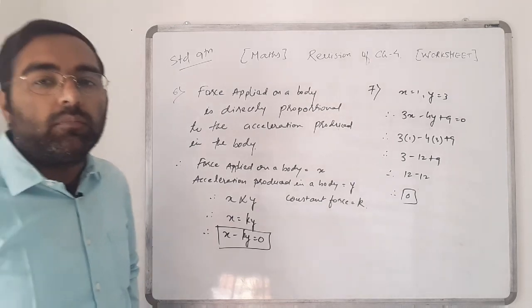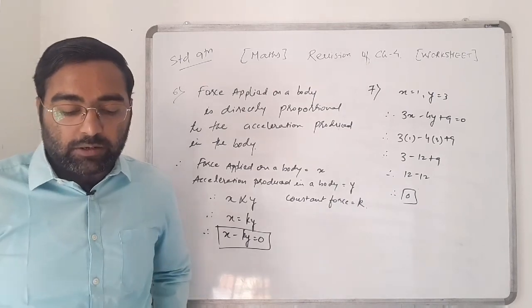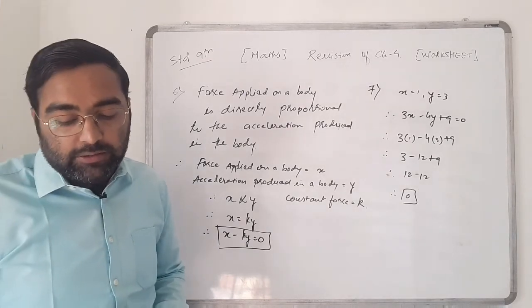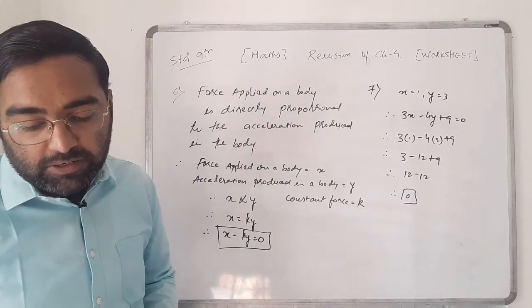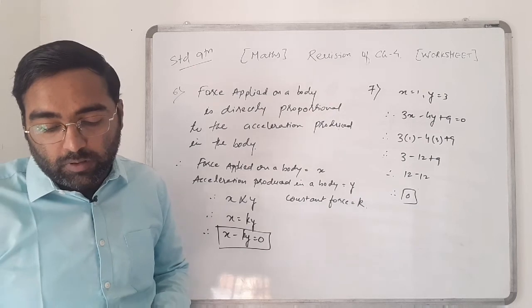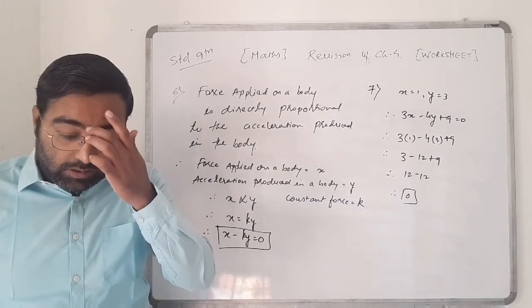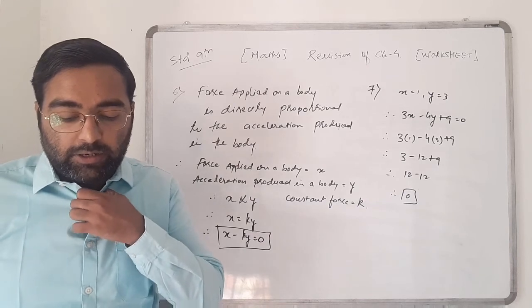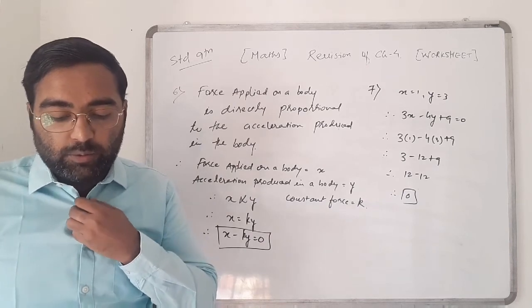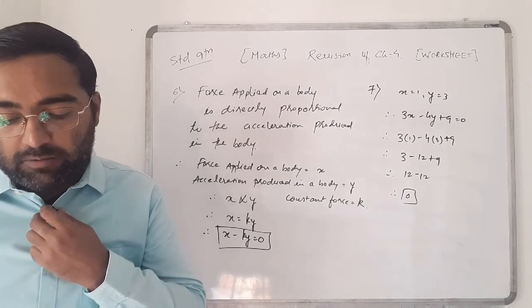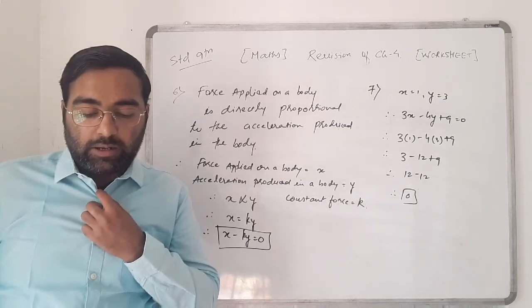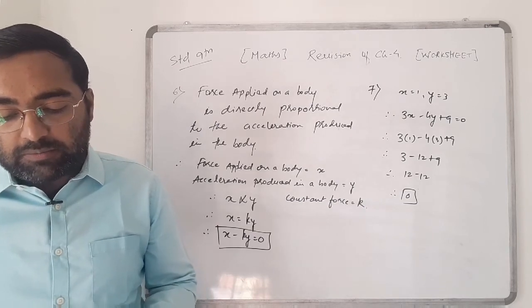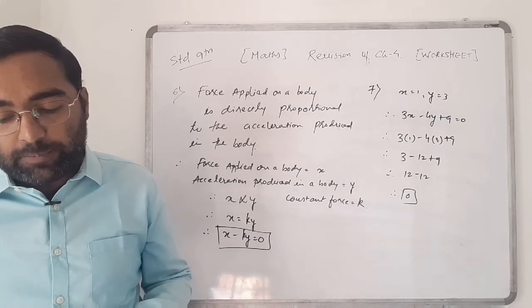Clear that? So dear students, here now we are moving on to question number 8. Write whether the following statement is true or false and justify your answer. The coordinates of the points are given in the table. X equal to 0, 1, 2, 3, 4 and y equal to 2, 4, 6, 8 and 10 represent some of the solutions of the equation 2x plus 2 equal to y.